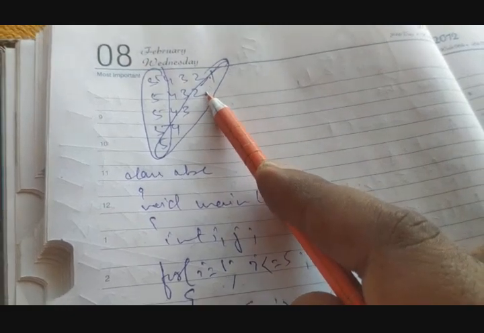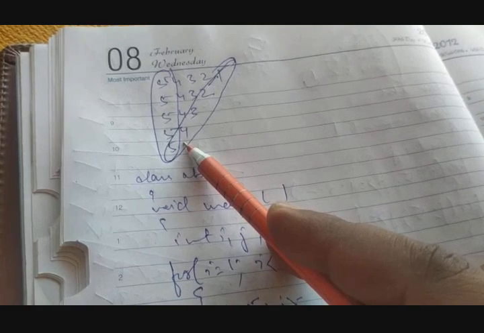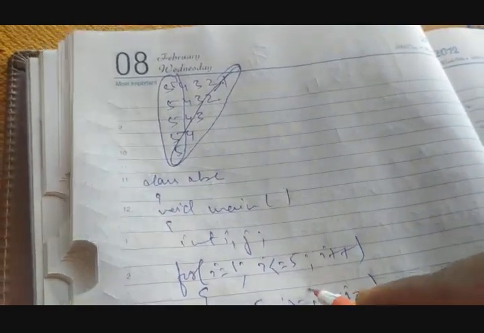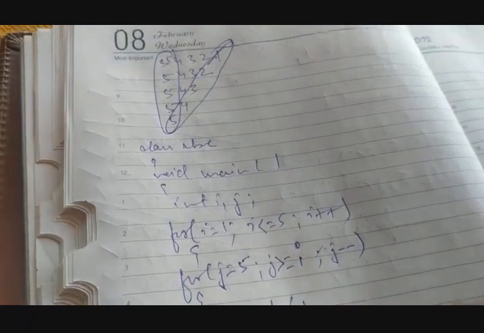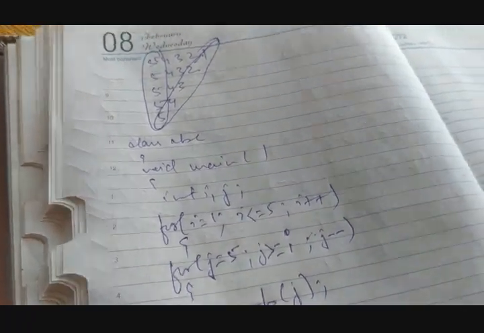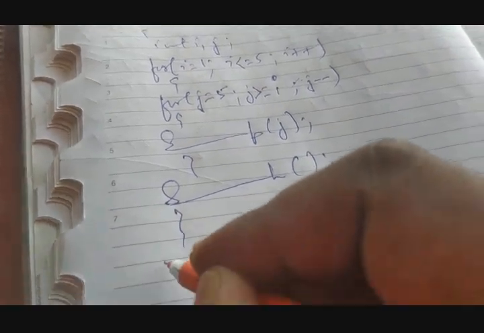When I is 1, it ends at 1. When I is 2, it ends at 2. When I is 3, ends at 3. When I is 4, ends at 4. When I is 5, it ends at 5. So J greater than equals to I. SOP J, SOP LN blank, inner for close, outer for close, main close, class close.